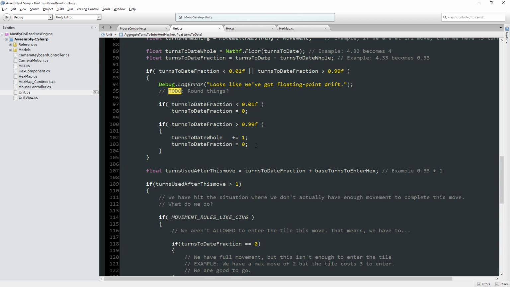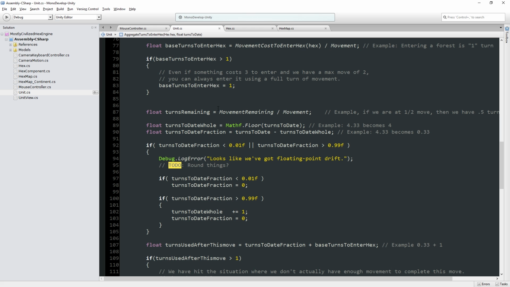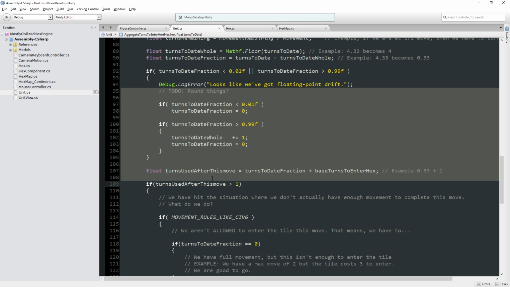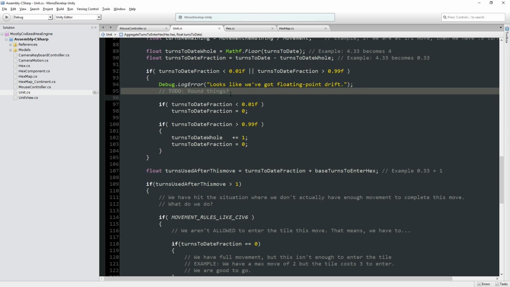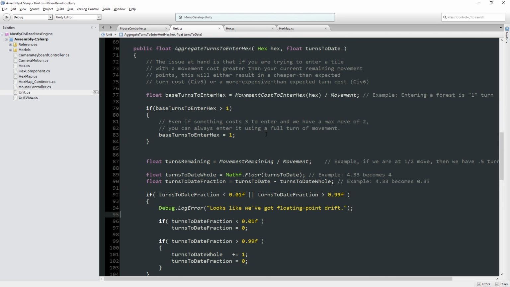I think this math, I mean, there's a lot of explanation, and you can simplify a lot of this code, I'm sure, but it seems pretty clear. This is a little funny thing to maybe catch. Again, this mostly has to do with 1/3, because I think if you make 3 moves along a road, normally this code would return that the total movement used to date would be 0.999999